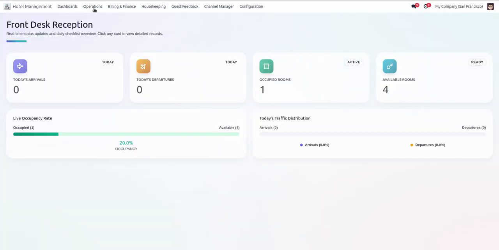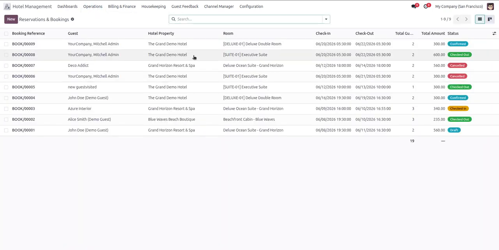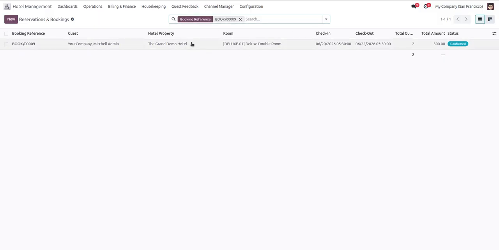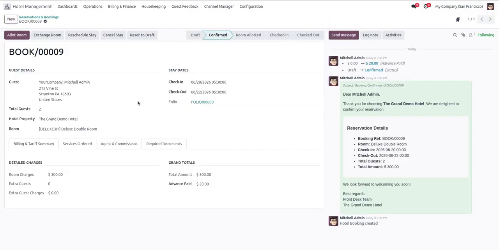hotel management, and under operations, reservation and check-ins, here we will find the booking that we have done. So we have this, yeah, this was the booking reference. When you search for it, we have this record showing up, like the client has received the mail from the hotel and the booking is confirmed with the advance payment of 20 rupees for now. Okay, further here you can see all the details are shown up over here, like guest,